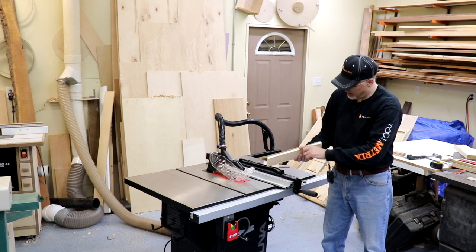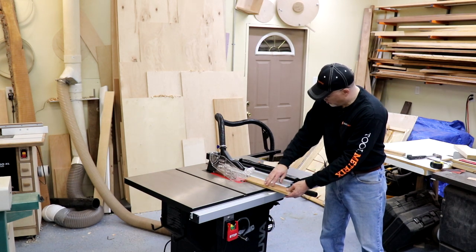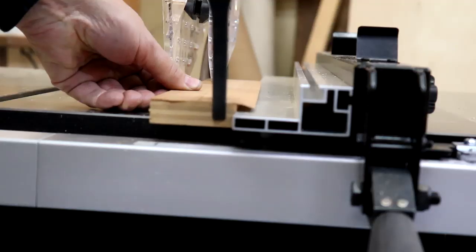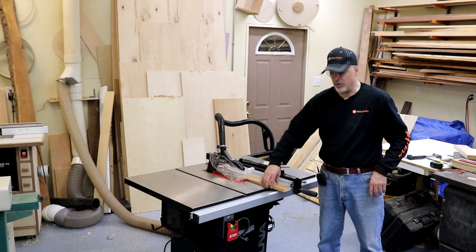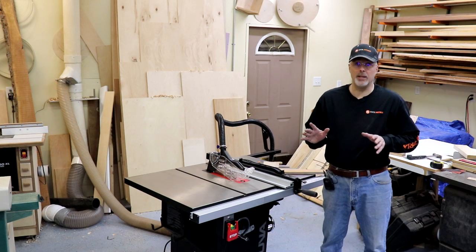You want to use that hard jointed surface that you have on the hardwood or plywood. So by sliding the workpiece in so that the solid portion of the piece engages the fence and allowing the veneer to overhang the fence, now you've got good engagement, you're going to get a better cut quality, and it's a safer rip. And then the final scenario, which I think is going to come in common for a lot